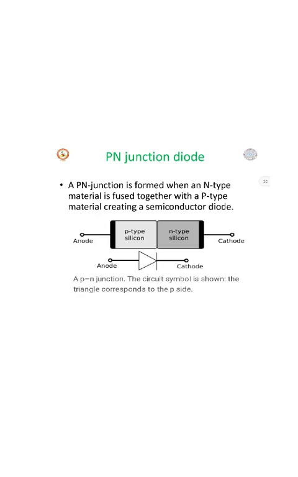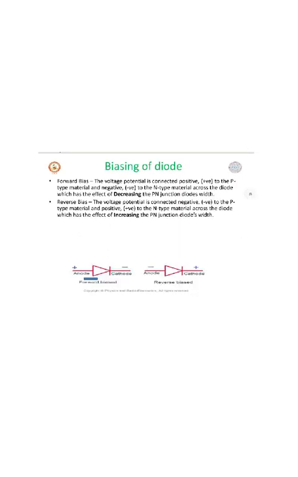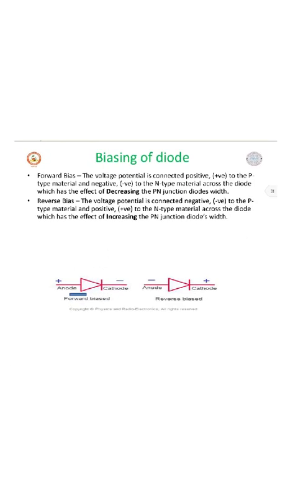So once again, the PN junction is formed by N-type material fused together with P-type material, creating a semiconductor. This is a symbolic representation, anode and cathode. So in the forward bias, the positive voltage is connected to the P side and negative is connected to the N side. So what happens, it decreases the width